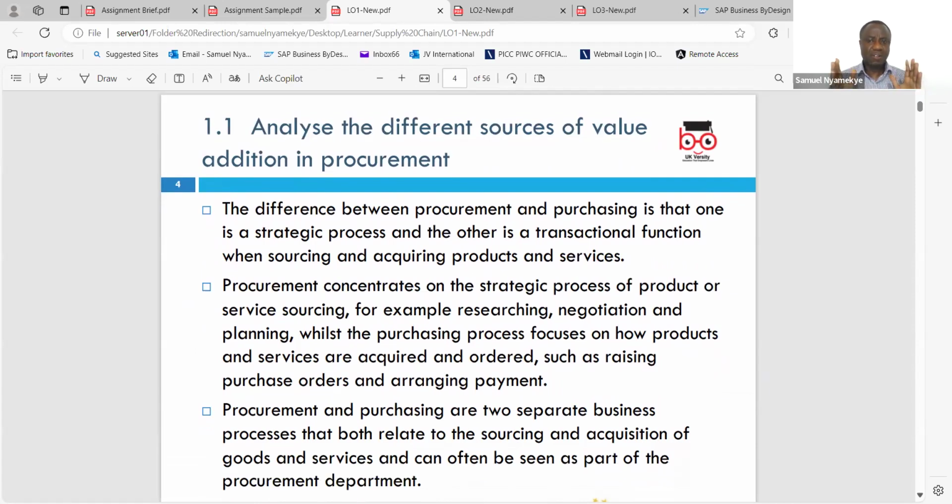So all the assignment is looking at is to pick the information that you were able to grasp from the lessons and relate it to the company that you are using as the case study and present it. So this is what I mean. Analyzing the different sources of value addition, for instance,